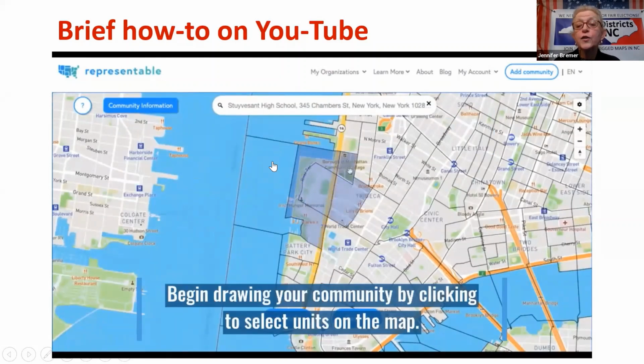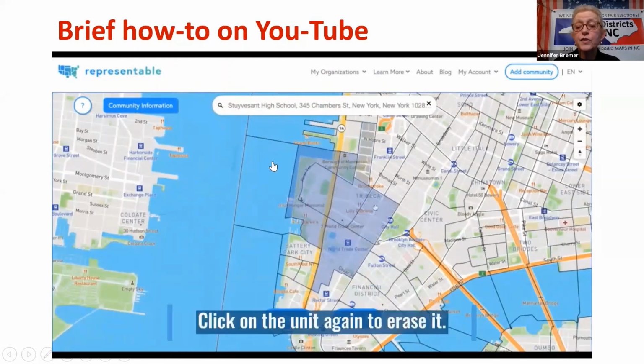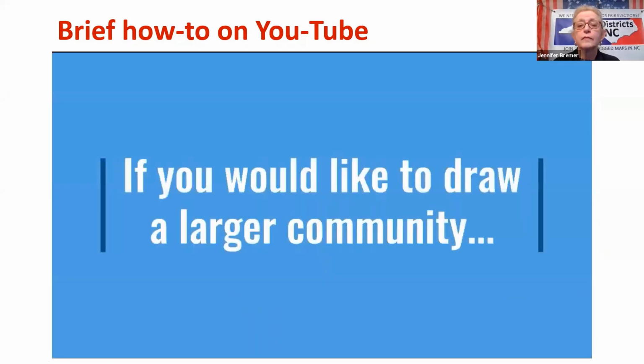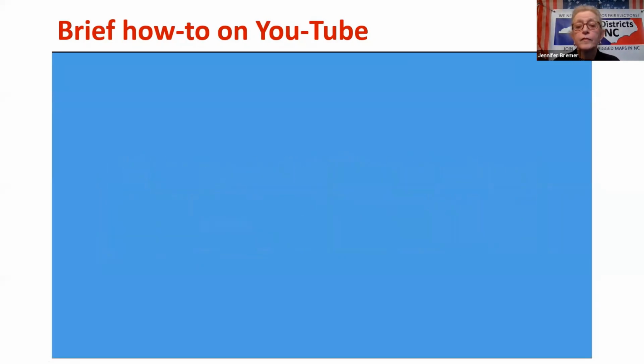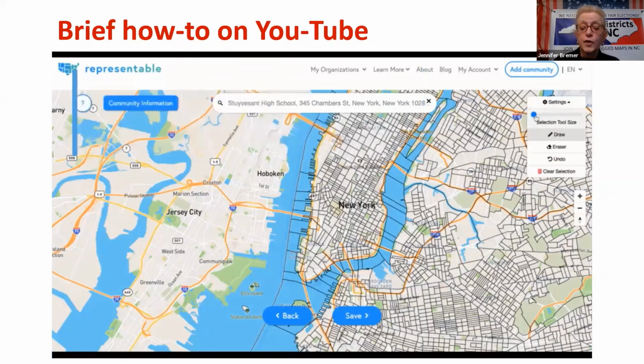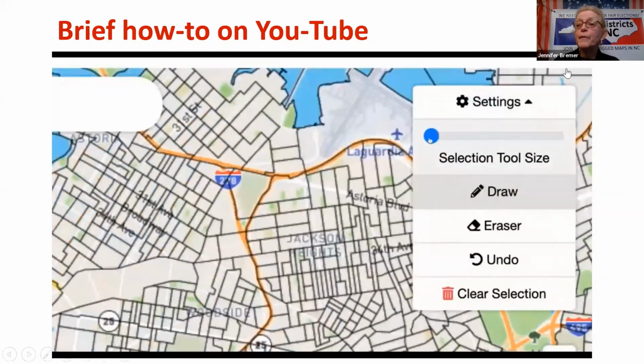So as you collect, you're just collecting them by clicking on an area, and these are census blocks, I think. It's all menu driven, no programming or anything is involved.